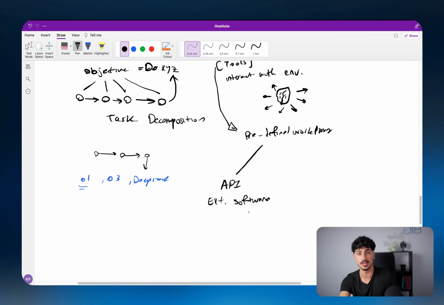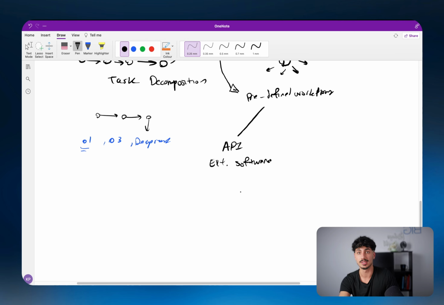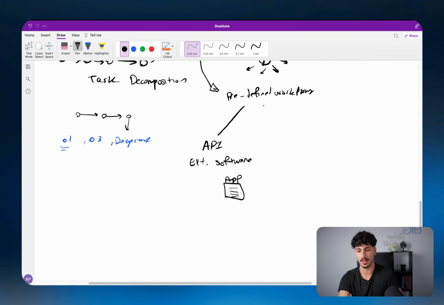Let's say in the example that I gave before of booking a restaurant reservation, let's say, for example, if you wanted to go and book it on their app, you would use an API to go to the external application for that restaurant and book it. Right. So the agent would be capable of using that external application using their API.